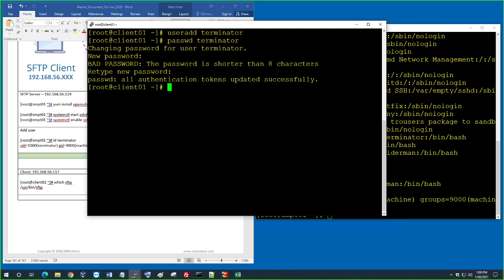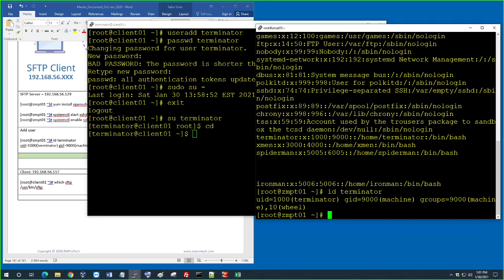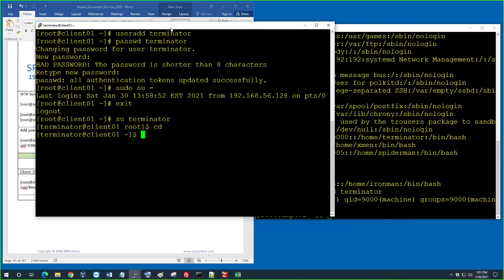Now what I'm going to do is connect, no, not that, sudo or su terminator. Now I'm in as Terminator here, right? So from this server I'm going to connect to the other server. So how am I going to do that? I'm going to type SFTP,